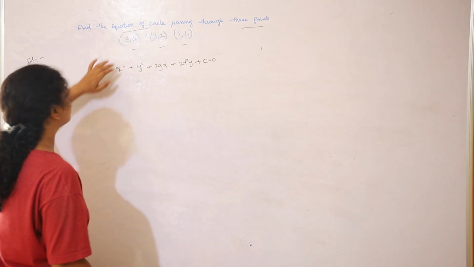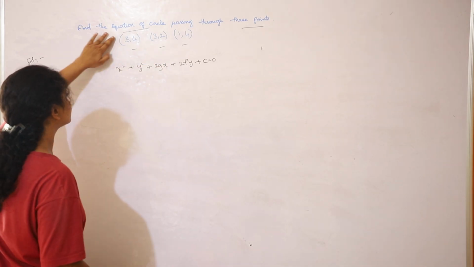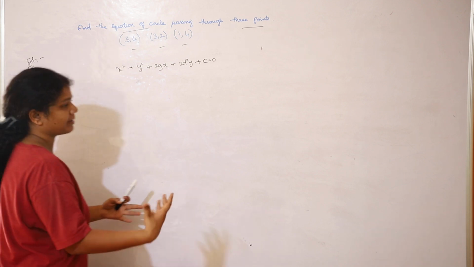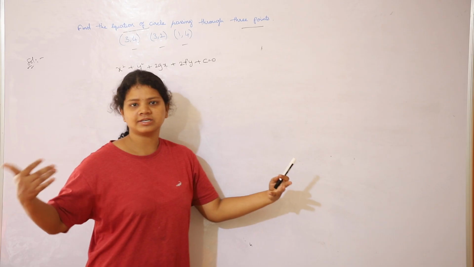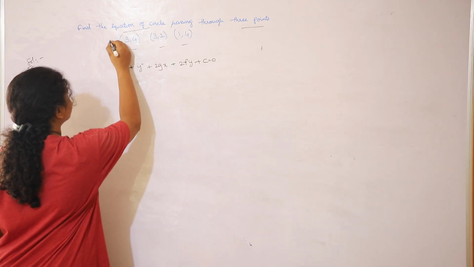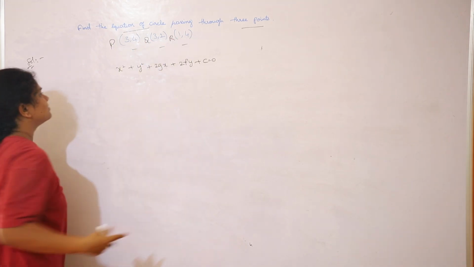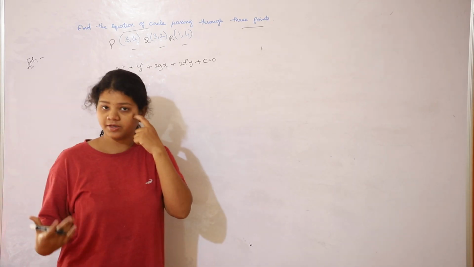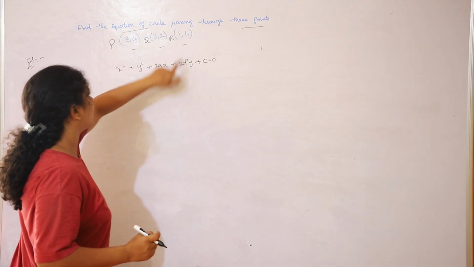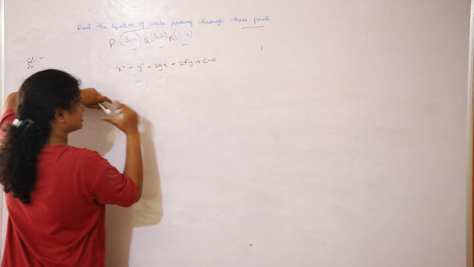So first of all, you have the first point, second point and third point. Let's name these 3 points by giving them any variable. You can name any variable, that's okay. Here I would love to name them P, Q, R, because the textbook and the study material use P, Q, R. Any variable is okay.